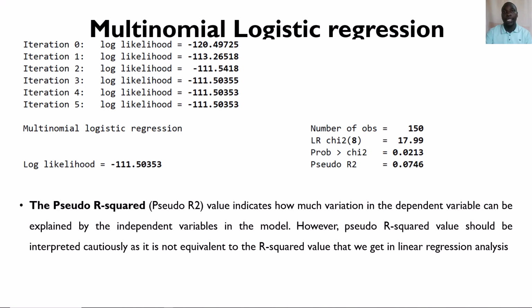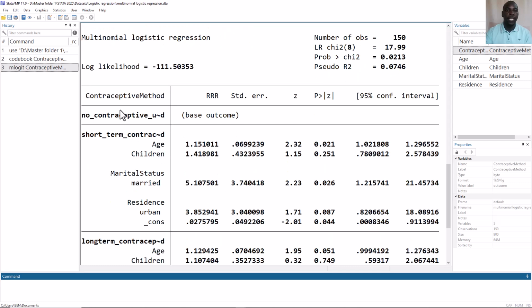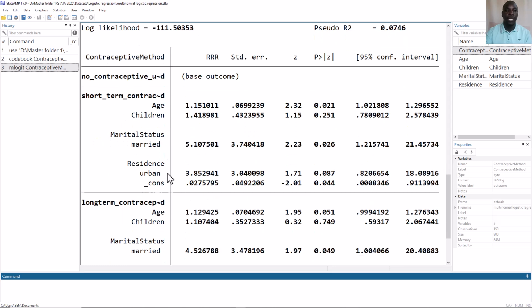However, interpretation of this R squared value should be done cautiously because it is not equivalent to the R squared we would get from the linear regression model. Then we have our table having the parameters, which is divided into the one for short-term contraceptive use and long-term